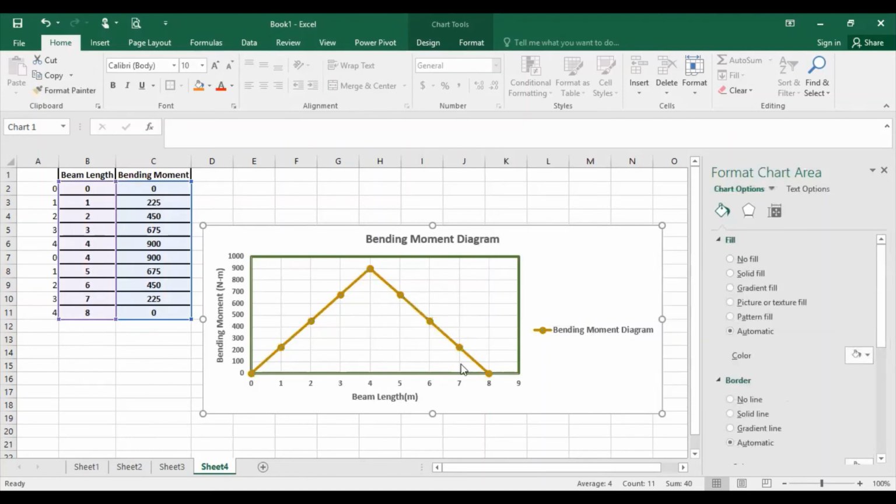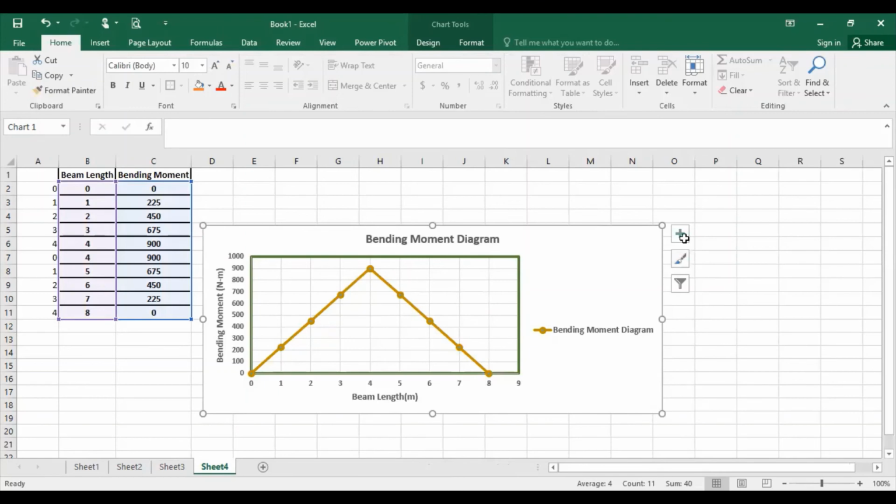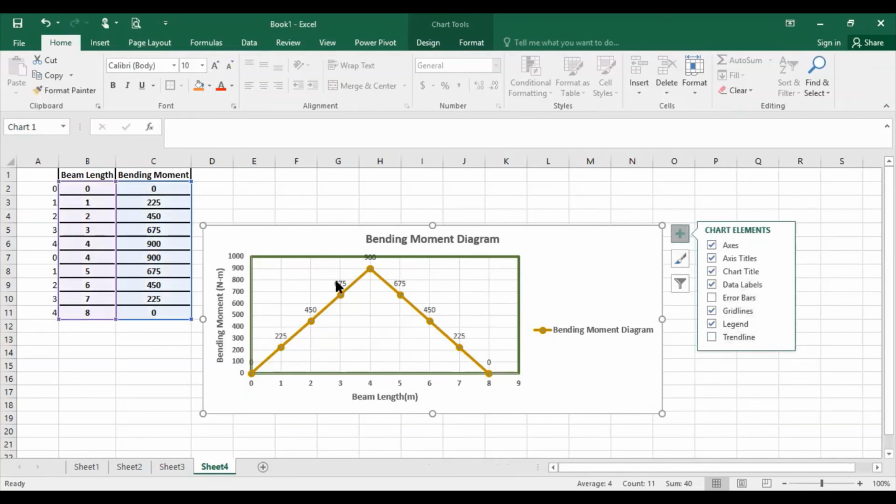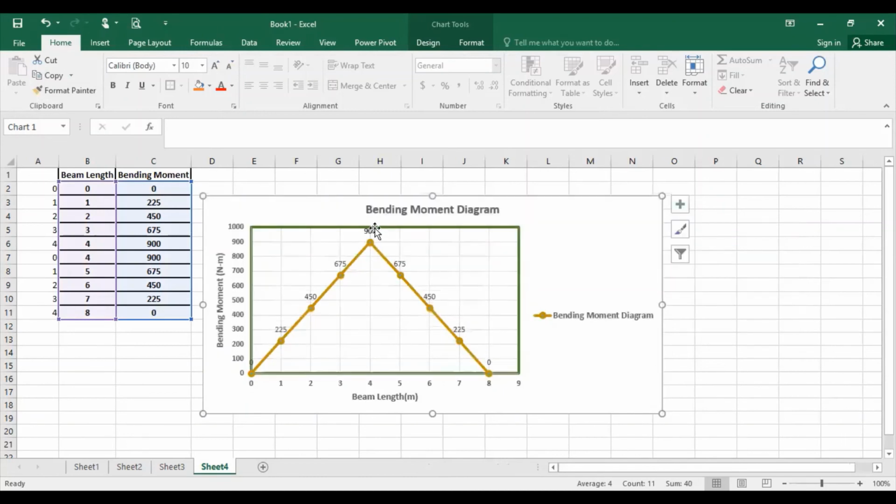It will look nice. And if you want to show values over here, how can you do it? Let me tell you. I will go on the plus sign, and I will select data labels. So I will get all the values at these points. You can see here, I can make it bold as well. The values are coming from 0 to 25, whatever values are written over here. So you can see them in the data labels.